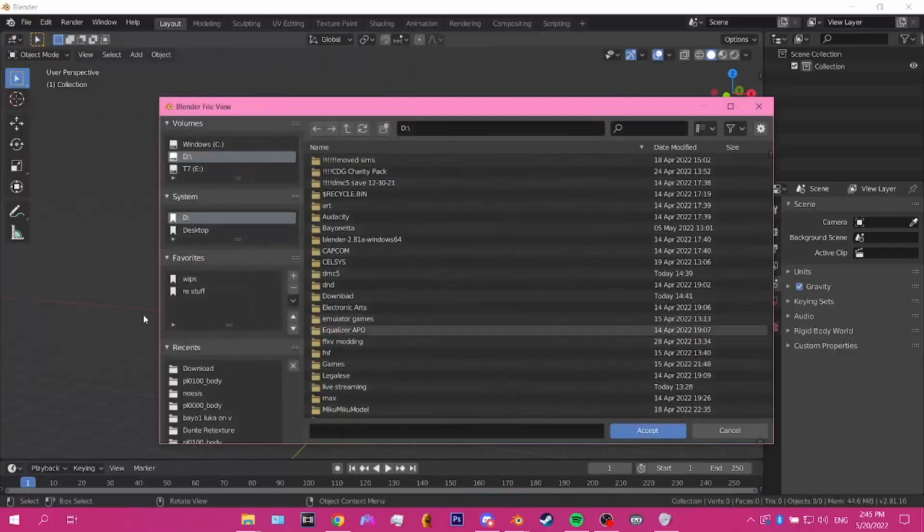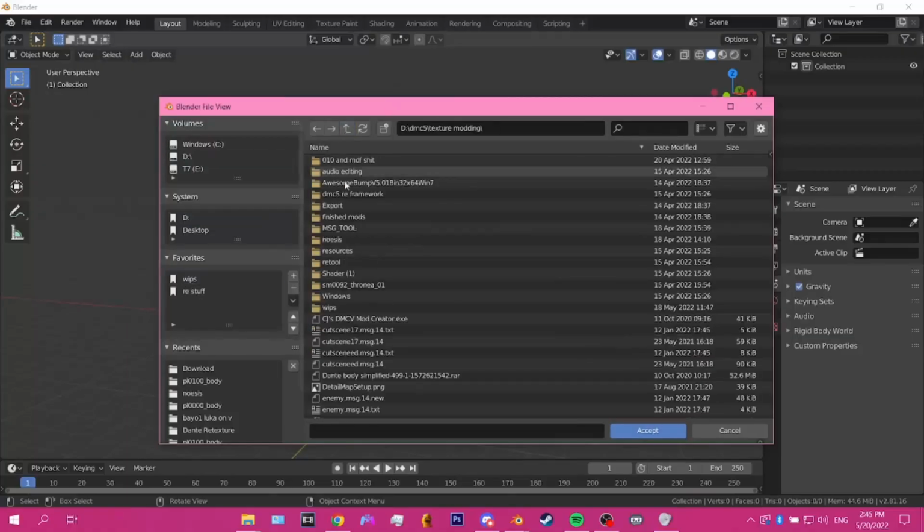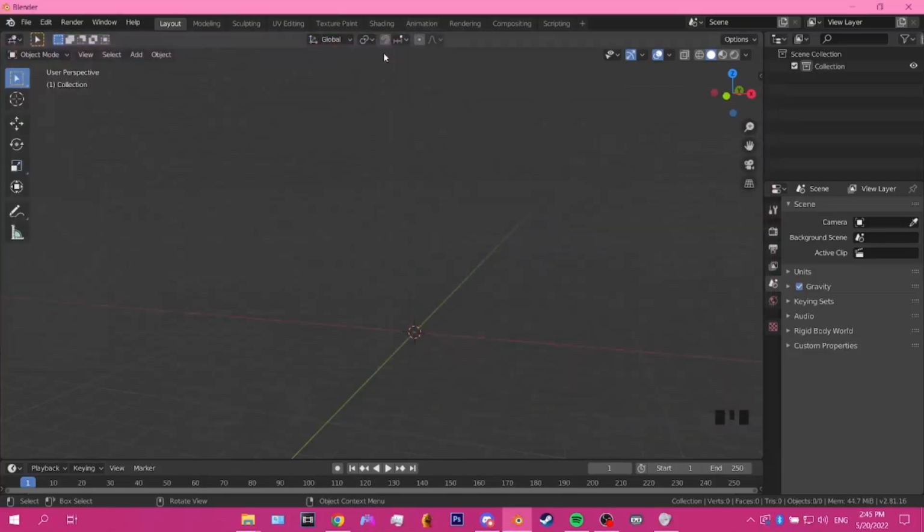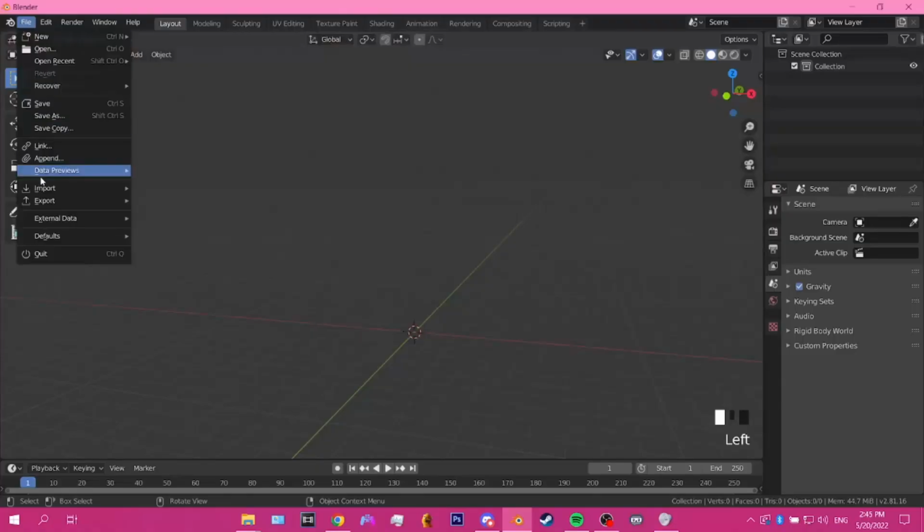If you don't set this, it won't be able to import the meshes for you. So for me, that would just be in my texture modding folder, no assist and no assist exe. And we're all good to go. And so from there, you can just go to import